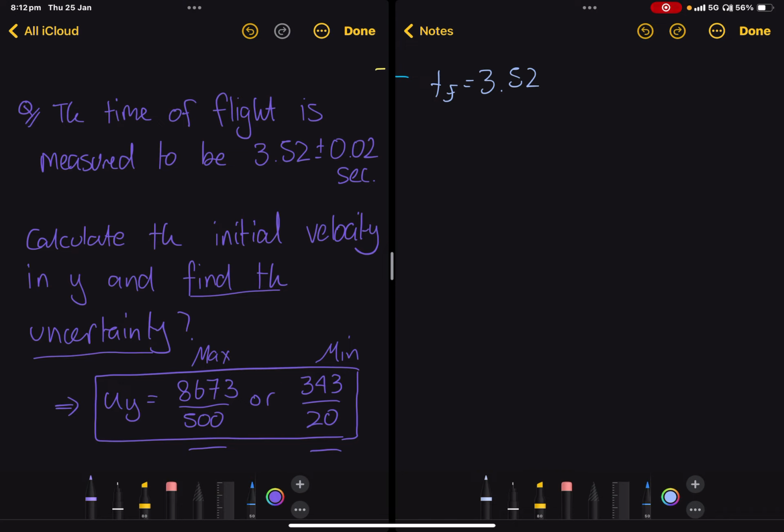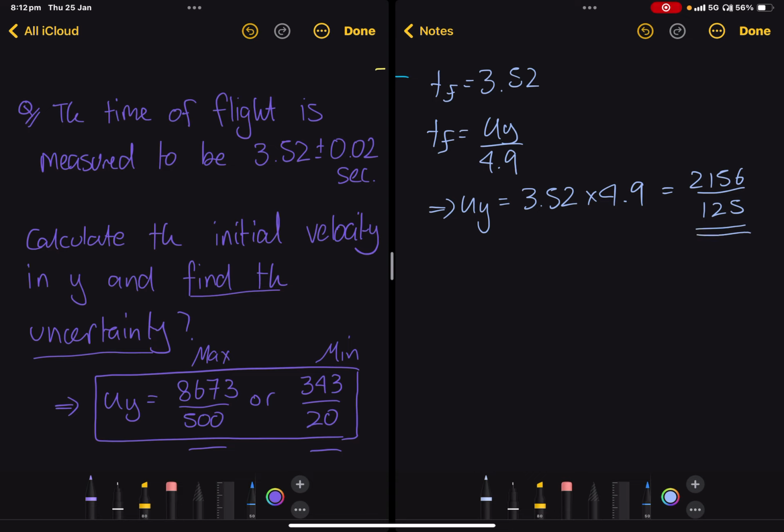uncertainties. So we know that time of flight is equal to the initial velocity in y divided by 4.9. So this means the initial velocity in y is equal to 3.52 times 4.9. So 3.52 times 4.9. This gives us 2,156 over 125. Now all we need to do is find the percentage differences between this initial velocity in y